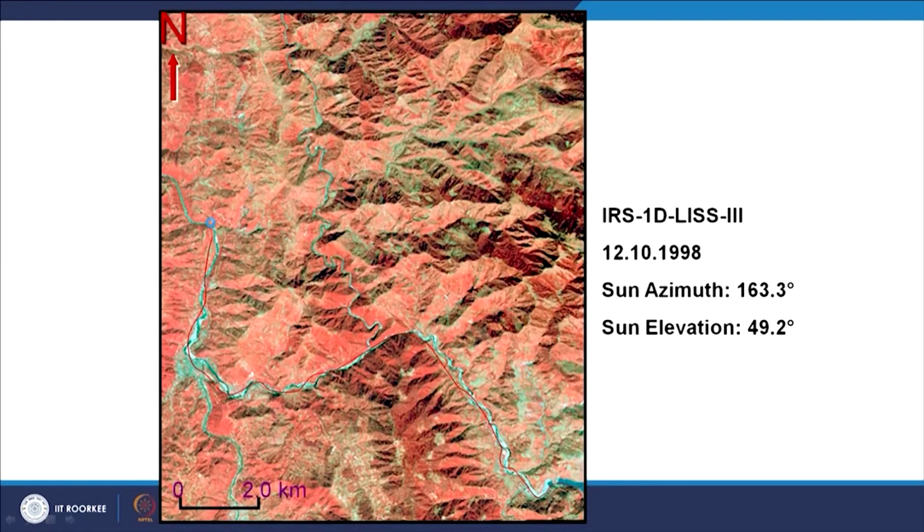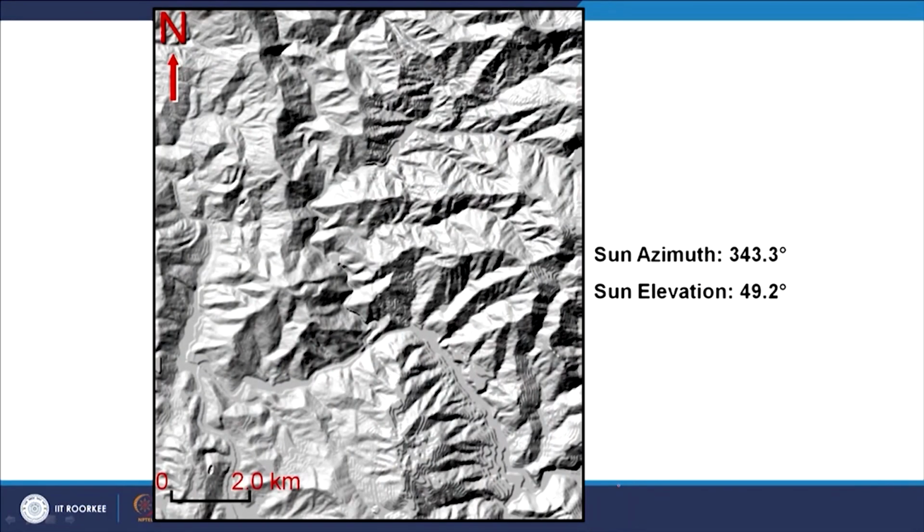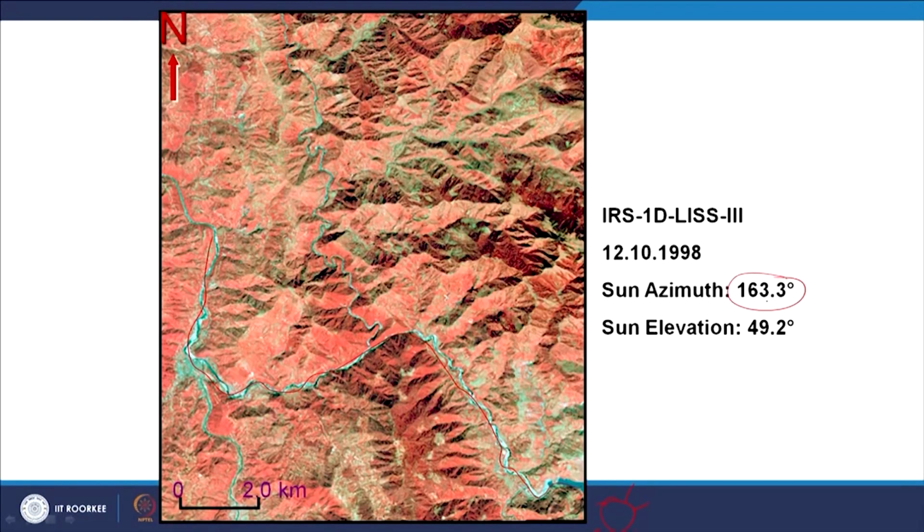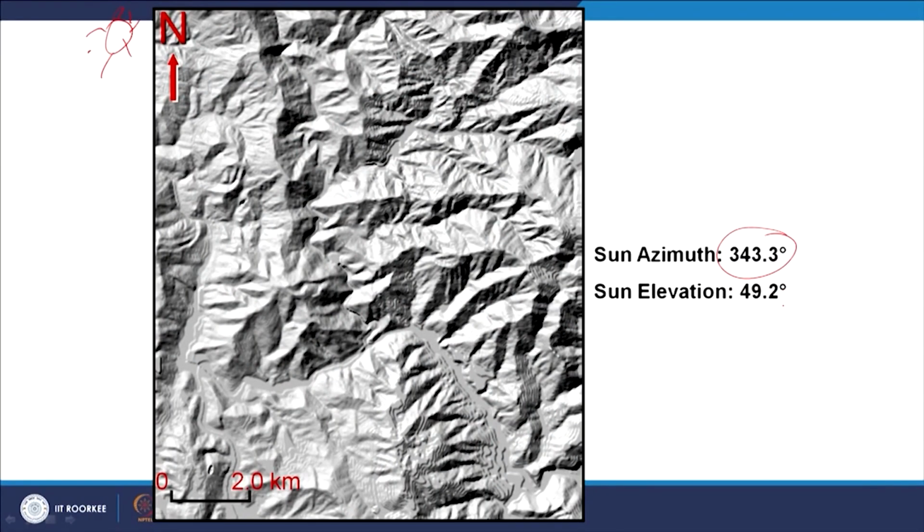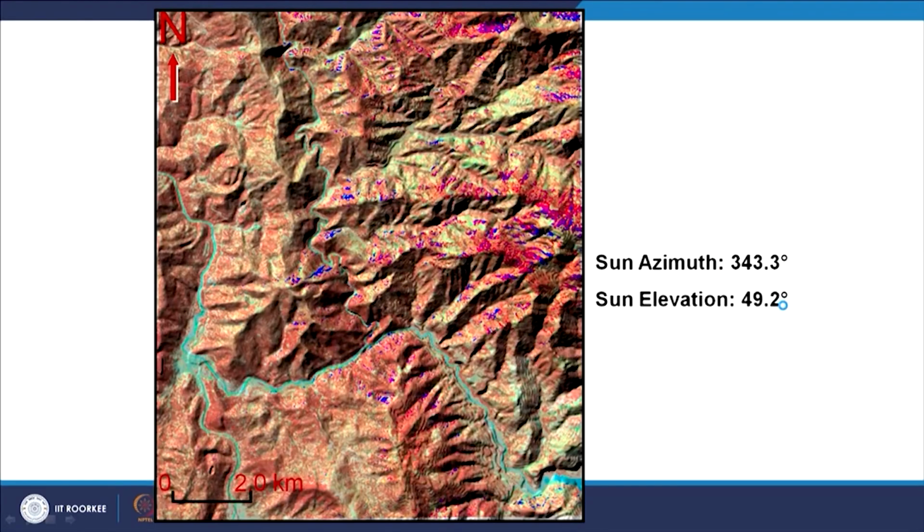If you notice here, the sun azimuth, that means it is somewhere in the southeast quadrant, and in this simulated image, which becomes our intensity image, the sun is in the northwest quadrant. You can notice these angles, here it is 163. If you add 180 degrees, that means you are forcing the sun to illuminate in this one, and since this is a simulated image, when we combine these two, we get a new product in which the river is flowing in the valley,